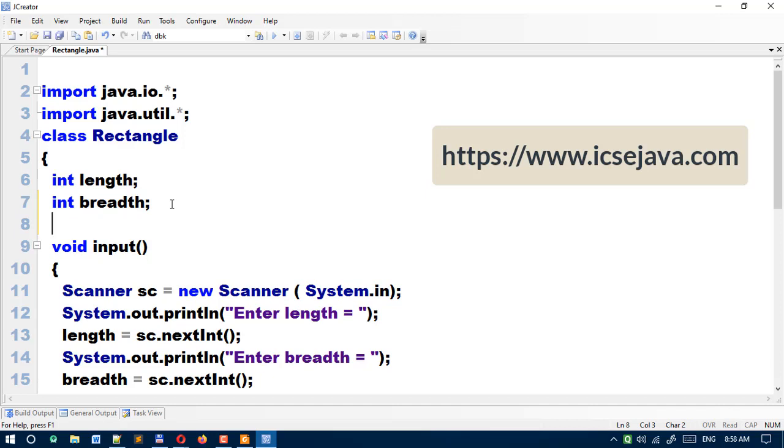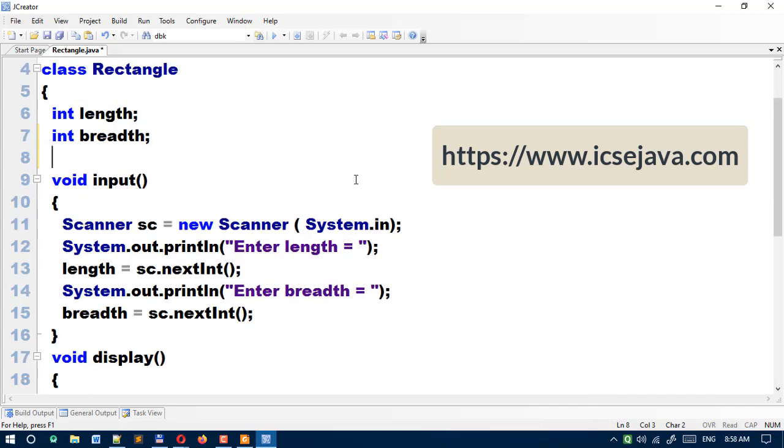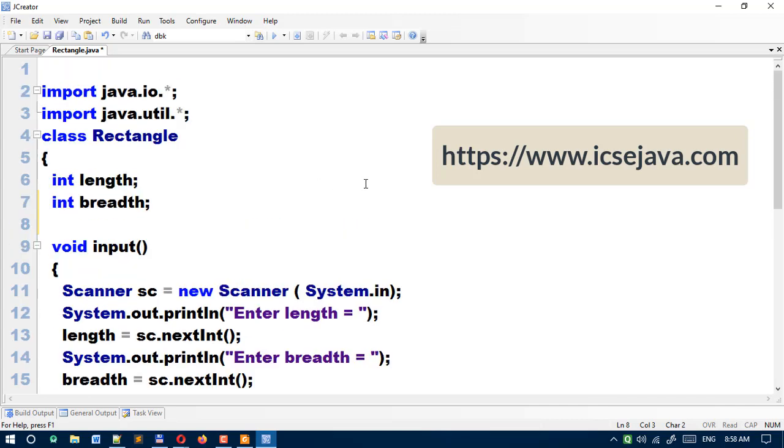Here we are going to create two types of constructor: first one default and second one parameterized. Just see how. The class name is Rectangle, so for the constructor name you must also use Rectangle.